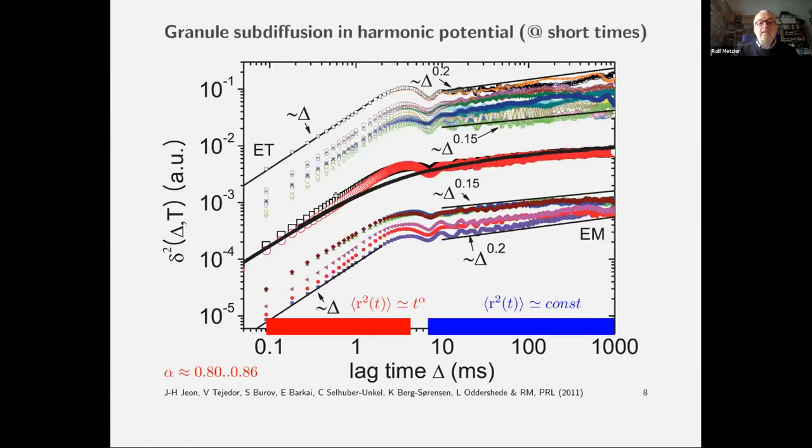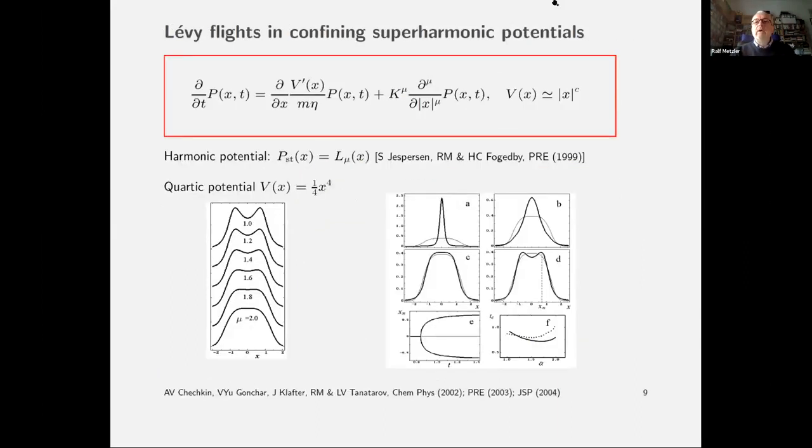And you see indeed here this linear slope of the time average mean square displacement at short times, and it crosses over to this shallow slope that corresponds to 1 minus alpha. So this is what happens when we look at this classical subdiffusion that can be described by these time-fractional equations.